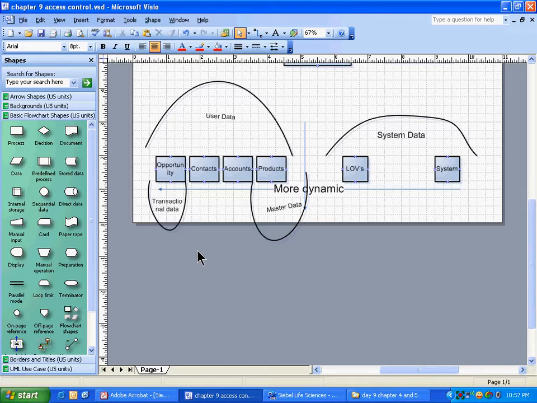So account and content data is user data. Designers and developers don't enter this data. They get it from another system and push it into Siebel. I'm just trying to make sure that entering data and pushing data sound different to you. One is getting the data in bulk from somebody else and you put it in. You are not the creator of that data. You are just the mover of that data. The other one is where you actually create it. Okay, so that is the way.